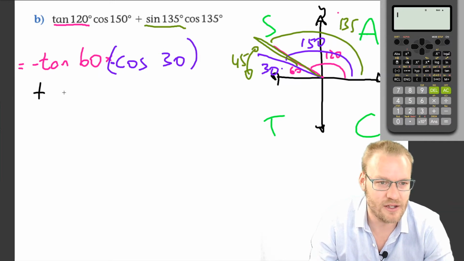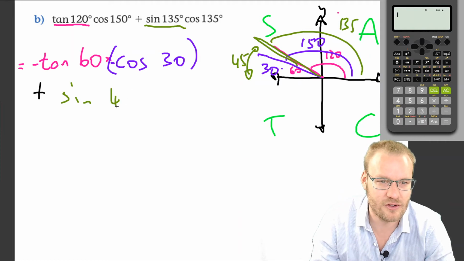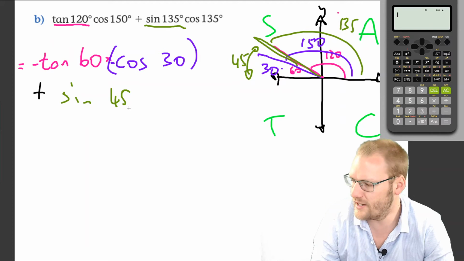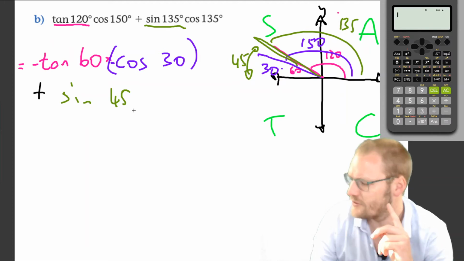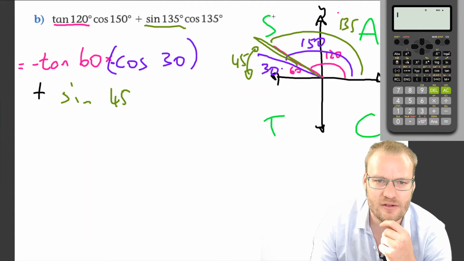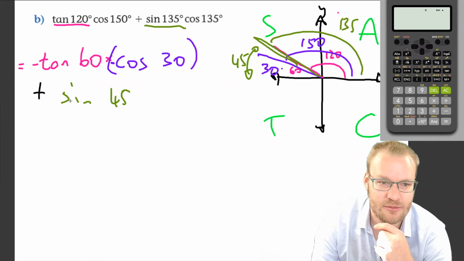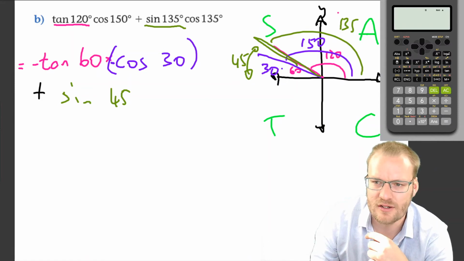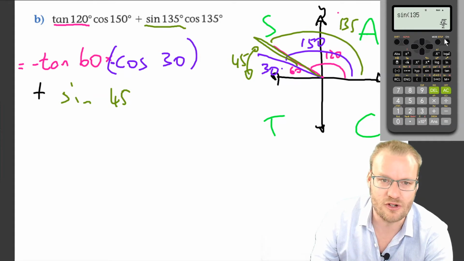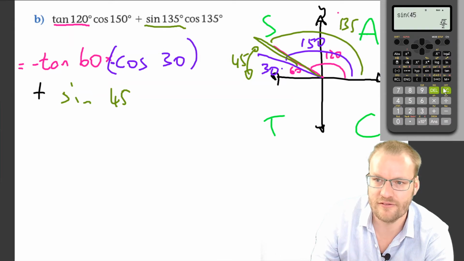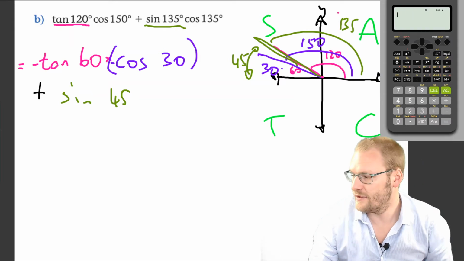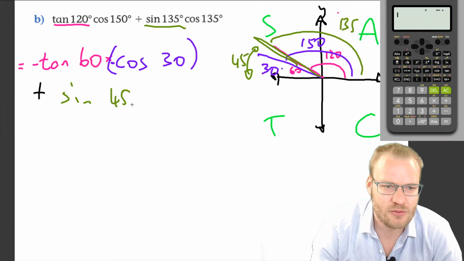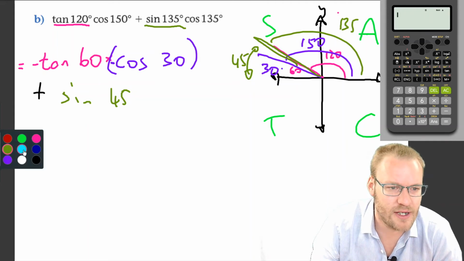So this must be sine of 45. So that sine 135 is the same as sine 45, but positive or negative? Well, we're in quadrant 2, it's S, so it's going to stay positive. In other words, sine of 135 is root 2 over 2, and that's the same as sine of 45. They're both positive. Okay. Times cos 135, so we're going to multiply it by